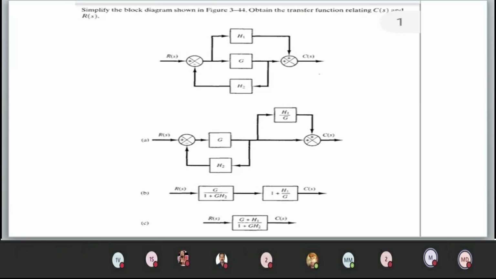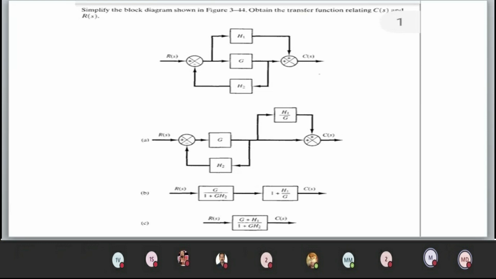And kindly understand, block diagram reduction does not have only one specific step. You can also use the second nodal point and move it before G. That will be multiplying with G, and that is also one of the easiest methods. So you can choose any one method, and here the person is taking the takeoff point ahead of the block G, so it becomes H1 by G. Now it's further simplified.